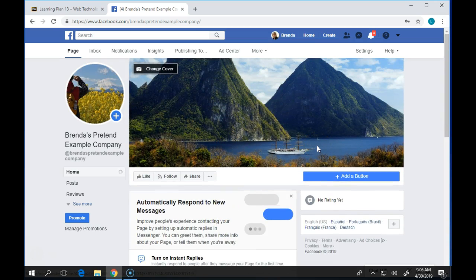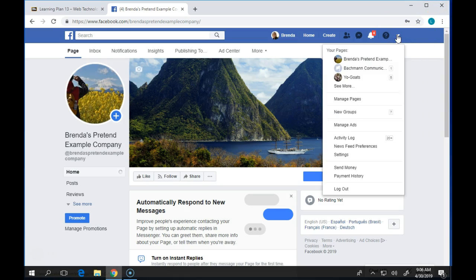And the last thing that I wanted to show you on Facebook is how you can add people to have access to this page. So at a company, you wouldn't probably necessarily want to be the only one who could do things with it. You might want to give permission to a couple of other key people there. So under this drop down,